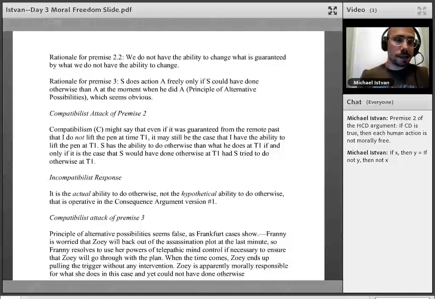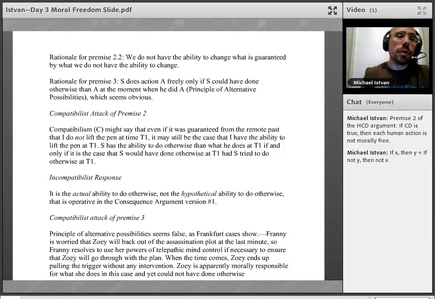All right. Where are we at now? Okay, well, let's look at attacks. That's how we always do our arguments. We see the argument, present the best case for it, looking at its rationales, and then look at potential objections to it. So I'm assuming you guys can come up with potential objections to it, and I would say if you're really engaged with this material, I think it would be important to pause the video right now to do so.